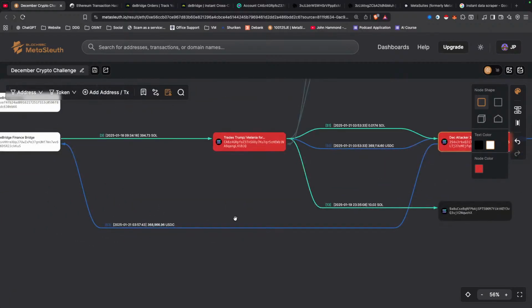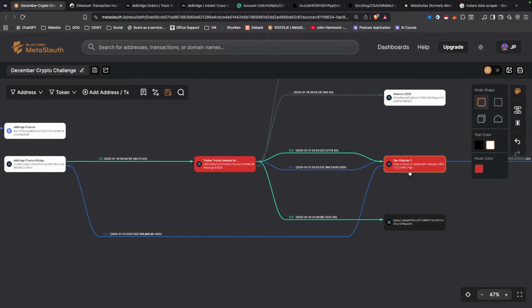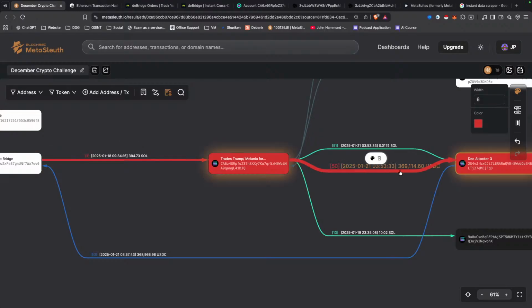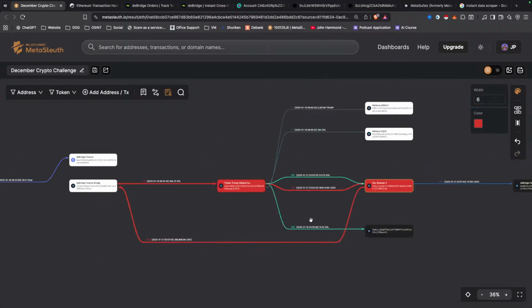The other side of the transaction comes down here. Now you can see this is where we're starting to get mixed up on our chart. So there's lots of transactions showing on the screen right now. What we would want to do is just make sure that we're showing our path, so that when we come back to it in 6 months' time, we can easily pick it up and deep dive and know what's happening pretty quickly. Okay, so I'm showing the 394. There's a profit on that. It goes up to 369, and then it comes back down here and it is bridged, minus the fees that we just saw. So it's just like a big loop that comes around.